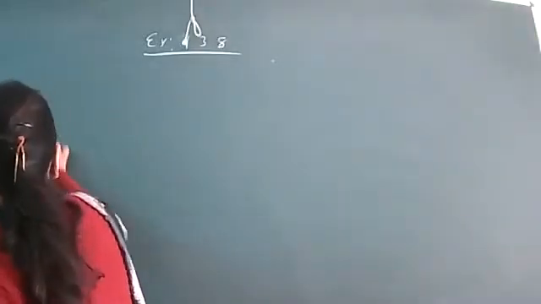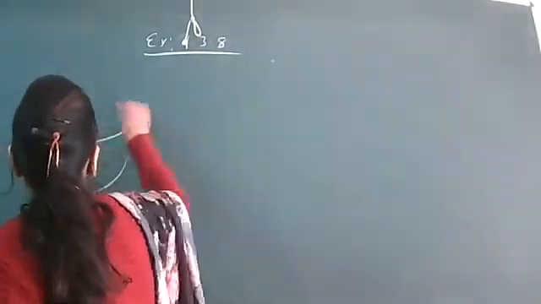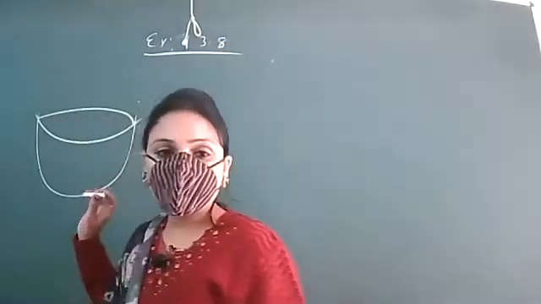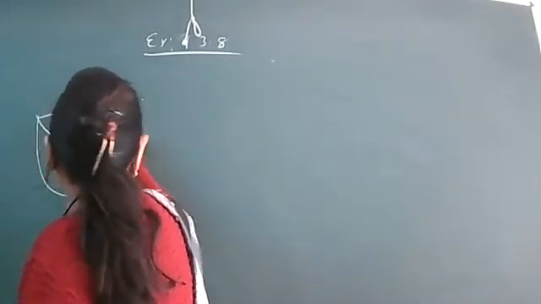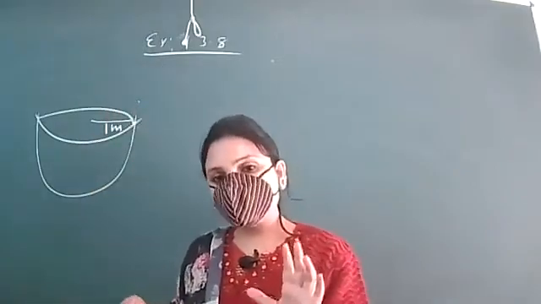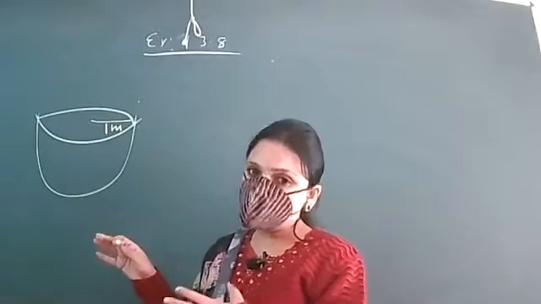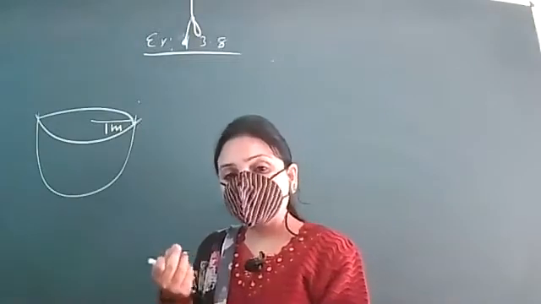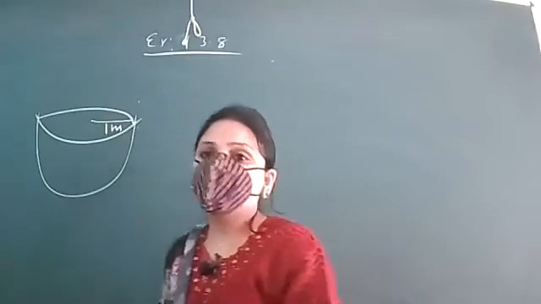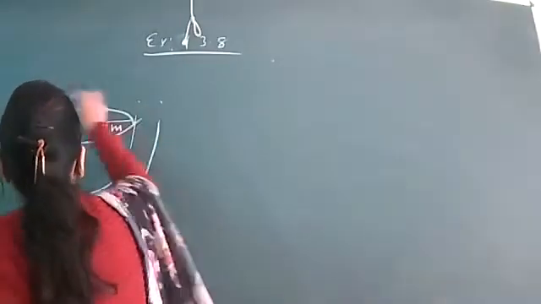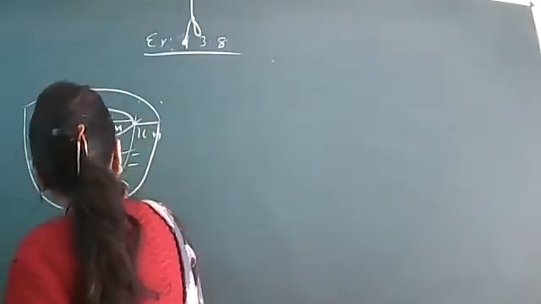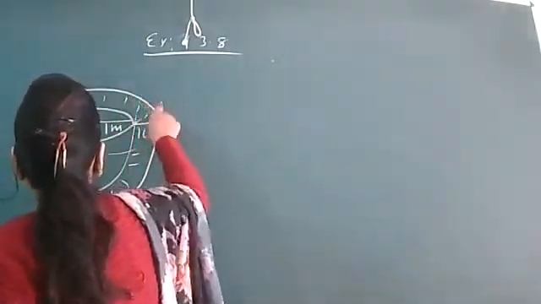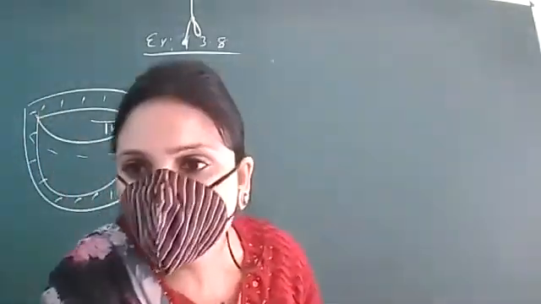Firstly, let us make the figure. Suppose this is a hemispherical tank, right? The radius of this tank is given to be 1 meter. This is the inner radius, this is 1 meter. And then the thickness is there. That means the iron sheet which is used to make this tank, to make it a little thick, is of 1 centimeter thickness. So this is the thickness of the iron sheet that has been used to make the